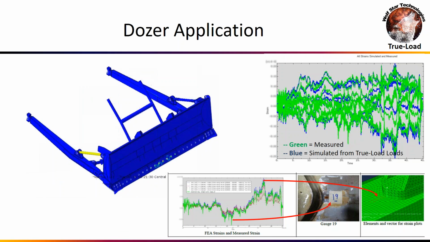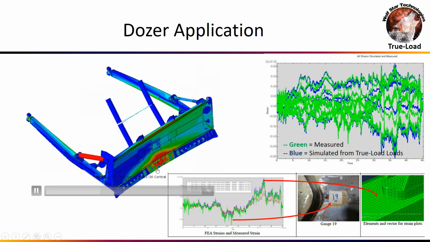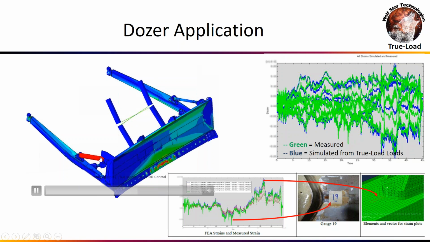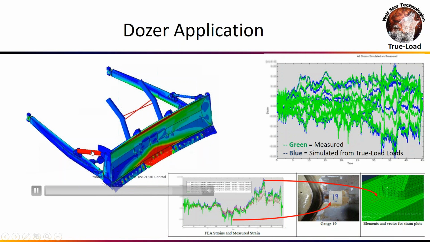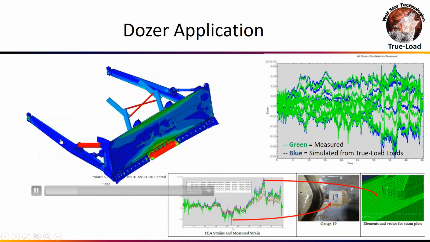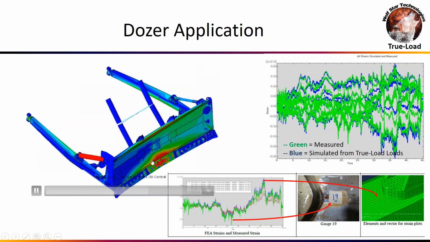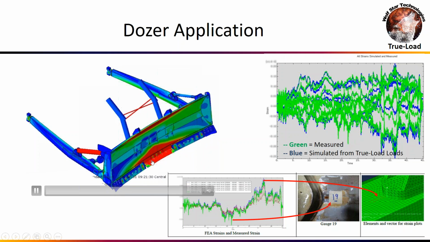So we did the project, and working with the engineers there, we put X, Y, and Z unit loads on the front of the blade here. There was a hydraulic cylinder here we had to actuate, so we had a load there. There was a mechanism on the back we actuated. So we had about 5 unit load cases on here. We put 12 or so strain gauges on the arms and on the back of the blade, and we measured the strains in the field.